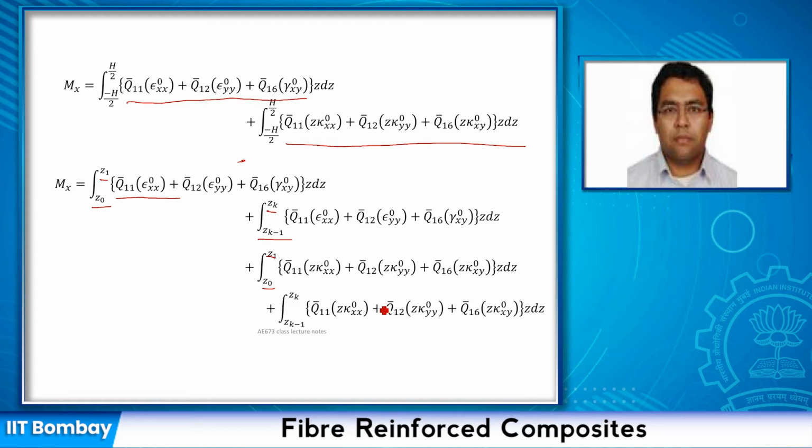So now what you will notice is in the moment case, you will have a linear term in z as well as a quadratic term in z inside the integral. So when you integrate them out, it will become a quadratic and a cubic, which, if you recall, is very similar to your beam expression. Now cubic will become EI. Z cube is nothing but your BH cube by 12, for example, the moment of inertia. The H cube term is coming from the Z cube term. So it's just exactly analogous and nothing complicated here.